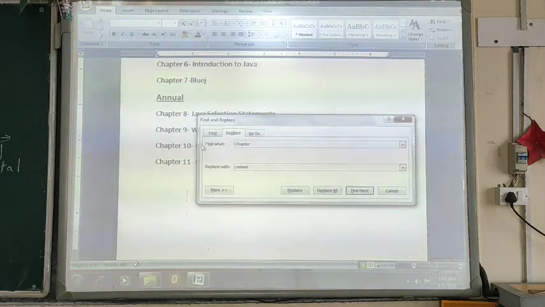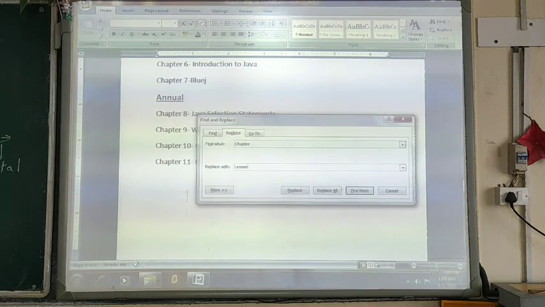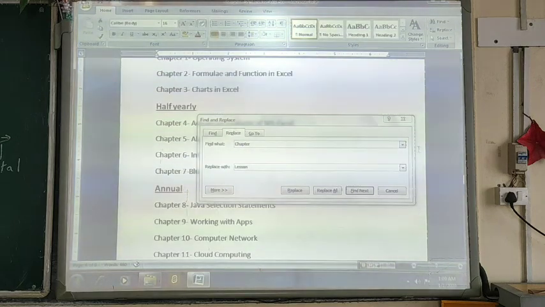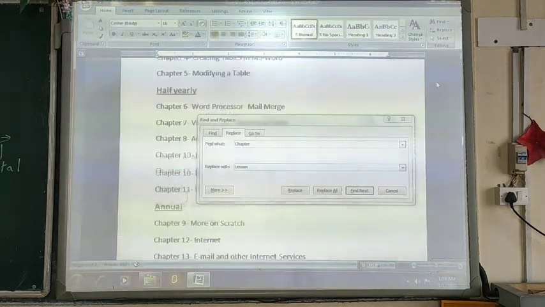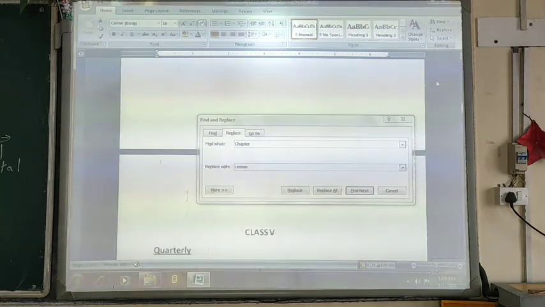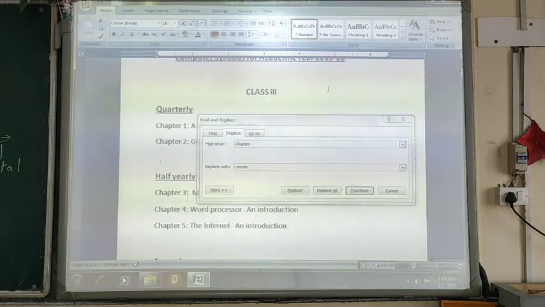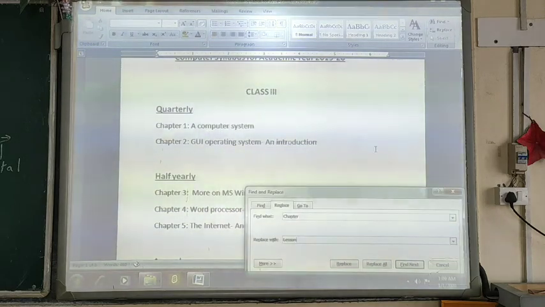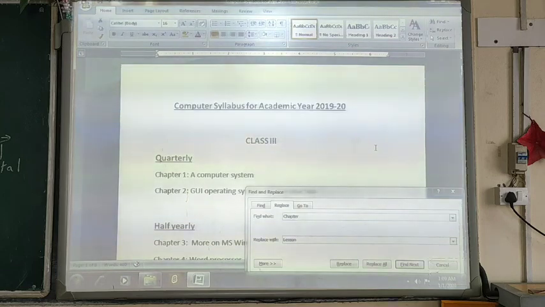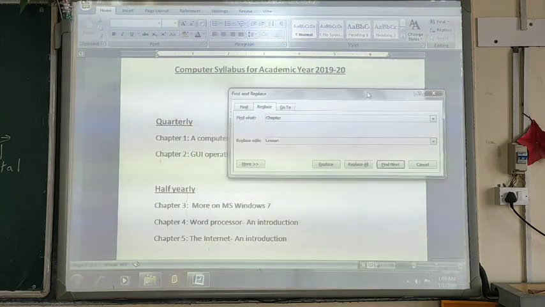So in the find what option I have written chapter. It will search for the word chapter and replace it with lesson. Now you can see this is the first page of the document, and now I start